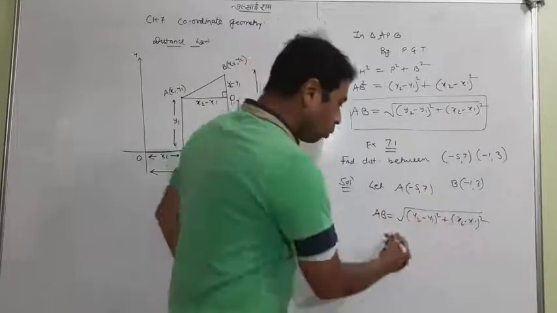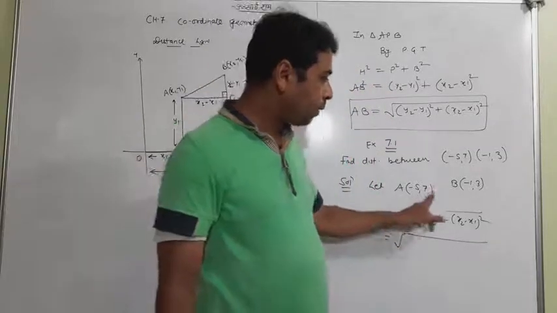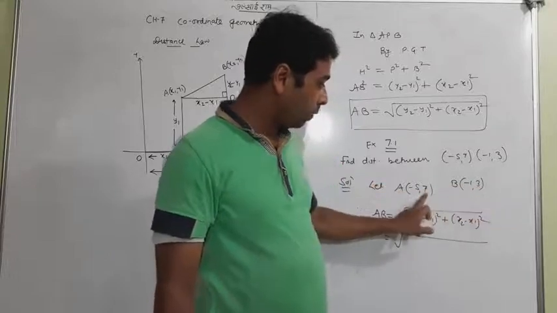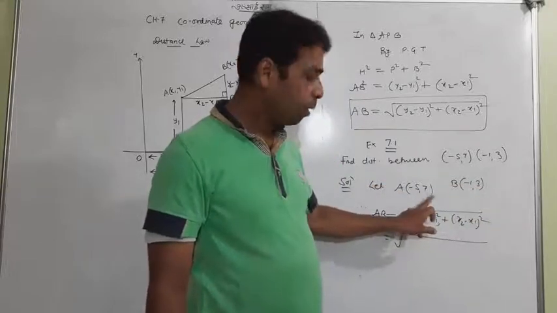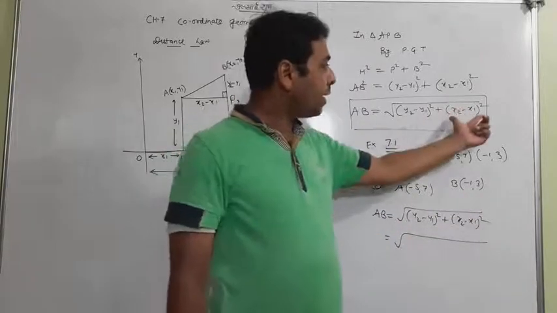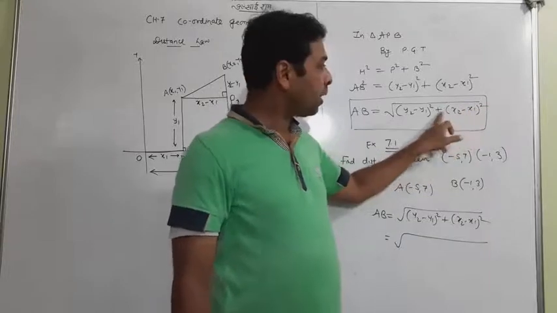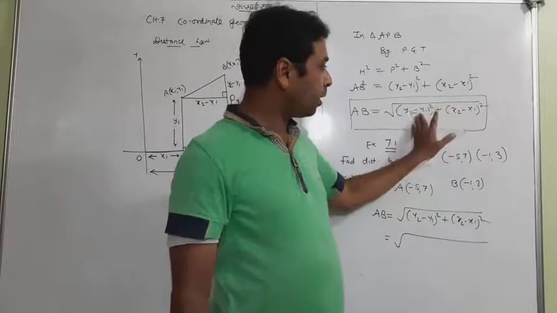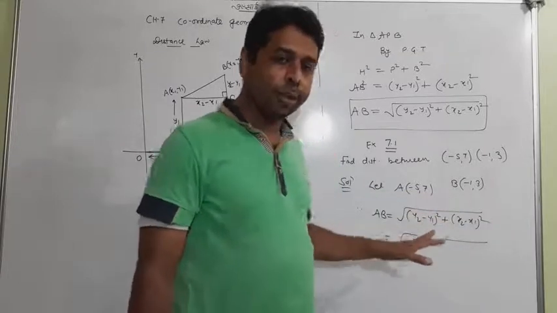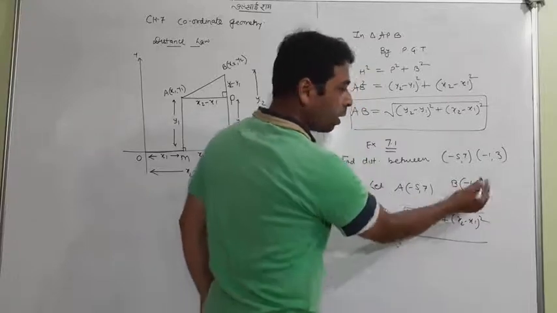Now you have a formula. Now just go through the formula. You know what to do. x1 y1, x2 y2. So what to start? y2 minus y1 whole square plus x2 minus x1 whole square. One thing more. You can also write x2 minus x1 here and y2 minus y1 here. No matter at all. It is a plus sign. So you can write this term here and this term here. You also can consider it is x1 y1, it is x2 y2, no matter. So I am considering that it is x1 y1, it is x2 y2, and go on.